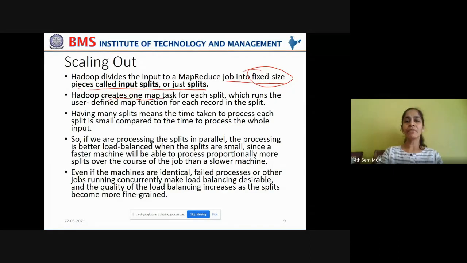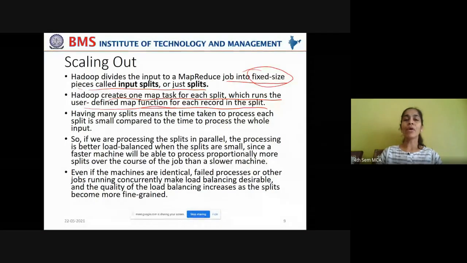Hadoop creates one map task for each split, which runs the user-defined map function for each record in the split. Now, what does Hadoop do as the next step? Yes, it receives input splits. Now Hadoop creates one map task for each split.